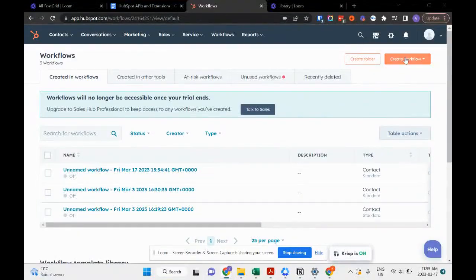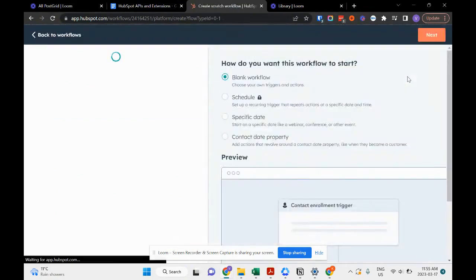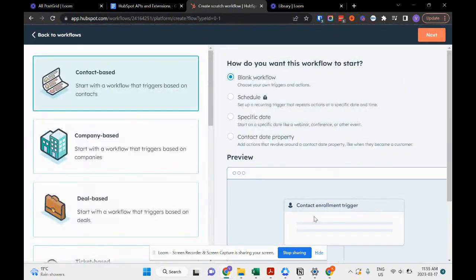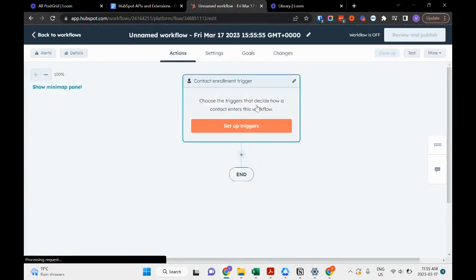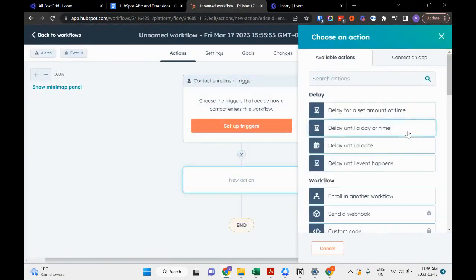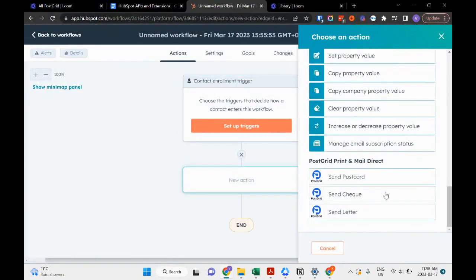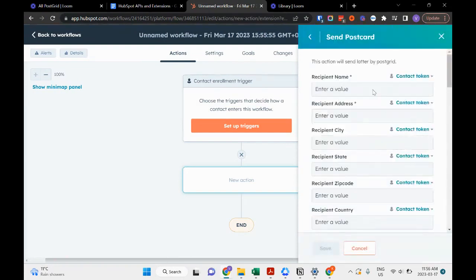Workflow. Click on Create Workflow. You can either create the entire workflow from scratch, or you can also use an existing template. Click on Blank Workflow, Contact Base, and click on Next. Now, select Send Postcard, add all the required details,